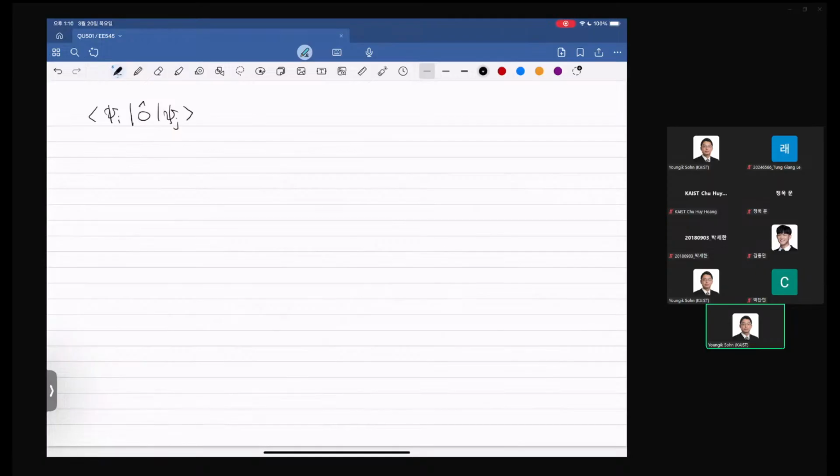Also, the bracket notation allows sandwiching the operator in the middle between bra and ket. And you can think of it as just the bracket, the inner product,